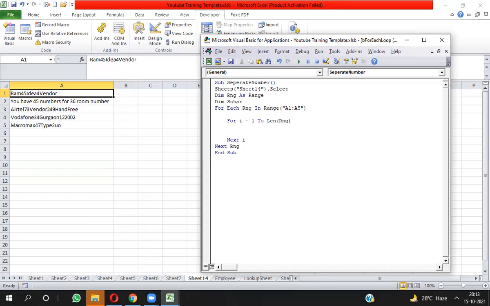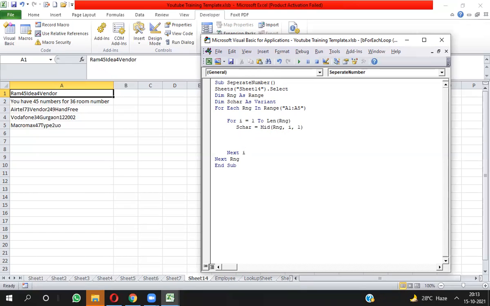Char means single character reading, that's why I'm taking sChar, as Variant data type, because in sChar the character can be a number or text. Then I need to write sChar equal to Mid, no need to write Worksheet here, and I will write RNG, comma, start number will be I, comma, one by one character I need to pick, that's why I'm taking 1.